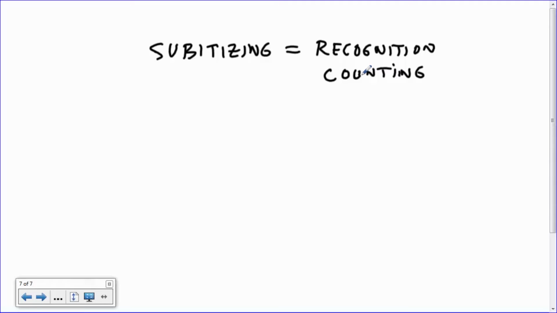So subitizing is just recognition counting, and it's things that when we look at, we know the answer to immediately. So again, when you say 12 divided by 3, kids by maybe towards the end of the 2nd grade, but certainly 3rd grade, are going to know that 12 divided by 3 is 4. They're going to know that 24 divided by 4 is 6. And so these are emerging because they've subitized multiplication facts, and so these division facts come out there. So subitizing actually includes